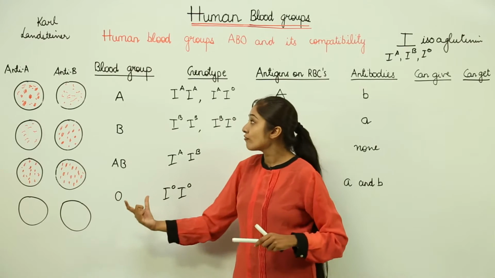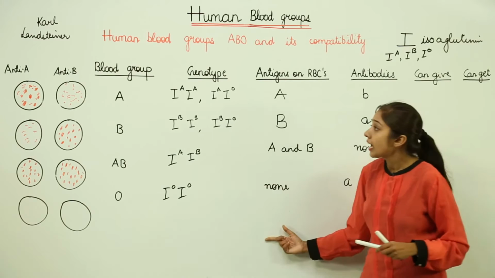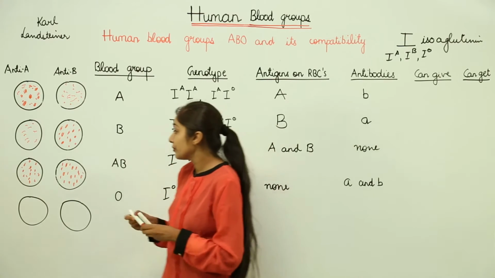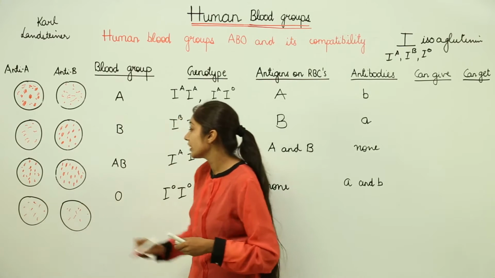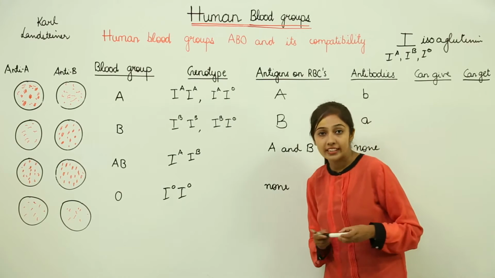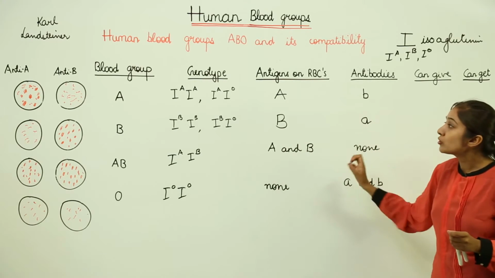Then in case of O, since it has no antigens, right, we wrote that it's none. So in this case, there will be no coagulation in any case. There will be no coagulation in anti-A serum and no coagulation in anti-B serum. Right? So this is how we actually check the blood group of a person. Right? Now coming to the question,